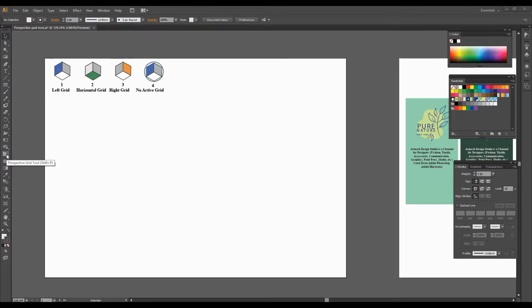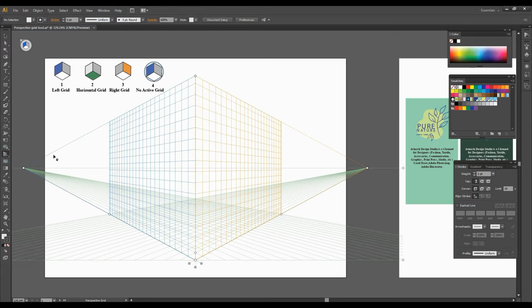When we click on the Perspective Grid tool, it is visible on the screen.